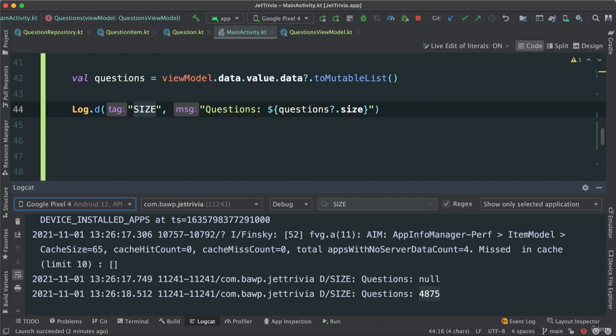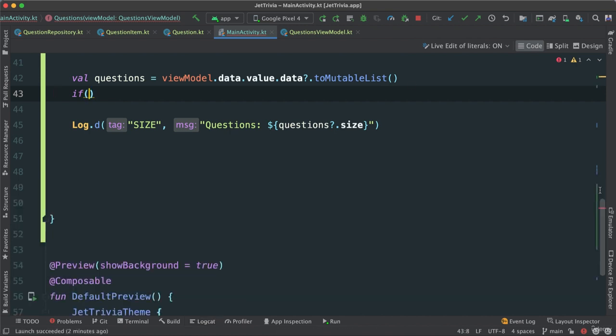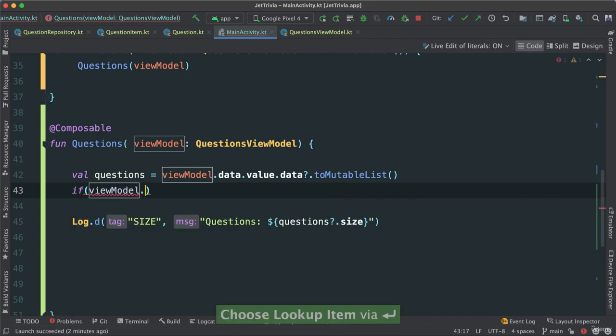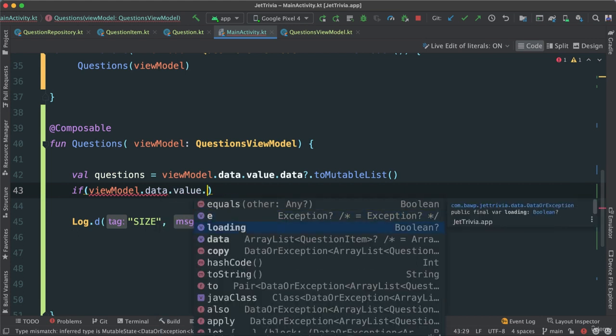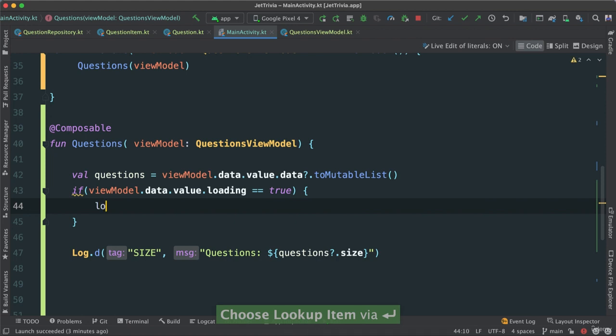That just means then I can go forward and say something like this, right? Let's put that inside of an if statement. I'm going to say if. In this case, let me just close this down. Let's say if questions, actually I can go to the view model itself because I want to get more information. I can say data dot, I want to get to the loading, say value dot loading is equal to true. I'm just going to say something like this, Log.d loading, like that,